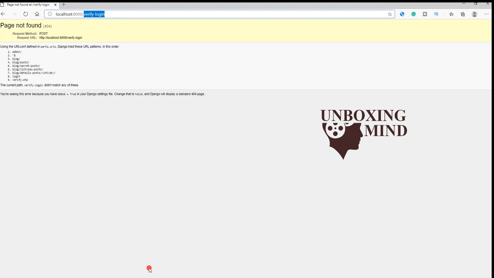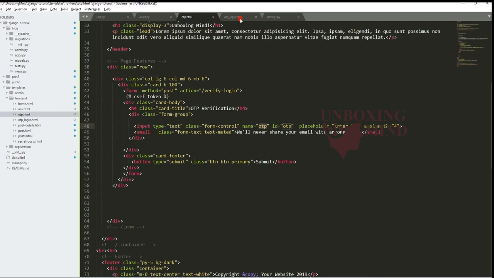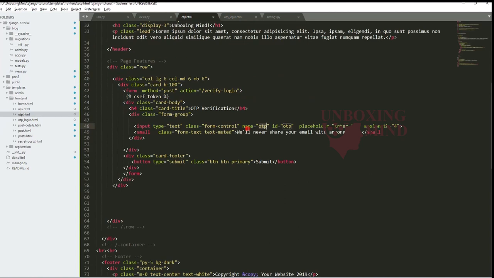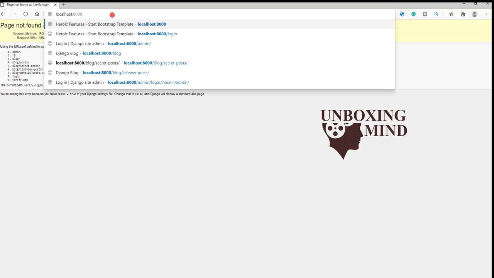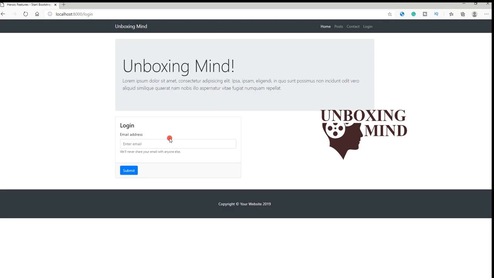Now if I enter the email address, it should ask for the OTP, and if I type 12345, it should go to our verify OTP function. There is something wrong. There is one issue with the URL. So let's go to our URL part, then I will go to this verify OTP.